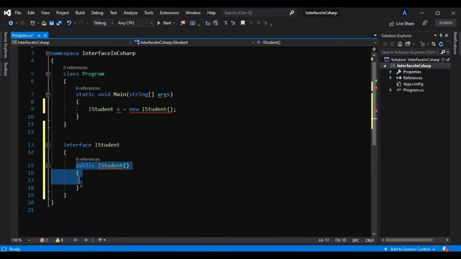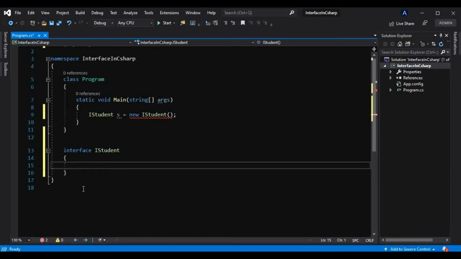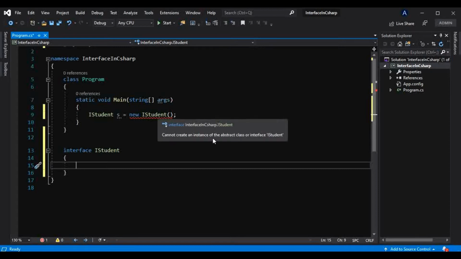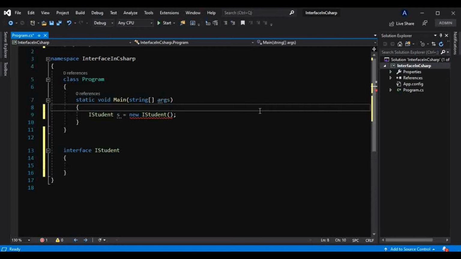And also we cannot have a constructor, because there is no point of having a constructor in an interface if it cannot be instantiated, if it cannot have fields. So that is why this is not possible: cannot create an instance of an abstract class or interface. Okay, also we cannot create an instance of an abstract class, and we learned that when we covered abstract class in C# in this tutorial series. If you guys are not aware of what an abstract class is, then please go and check that video and you will understand what an abstract class is as well. So now coming back to this concept, that is interface,